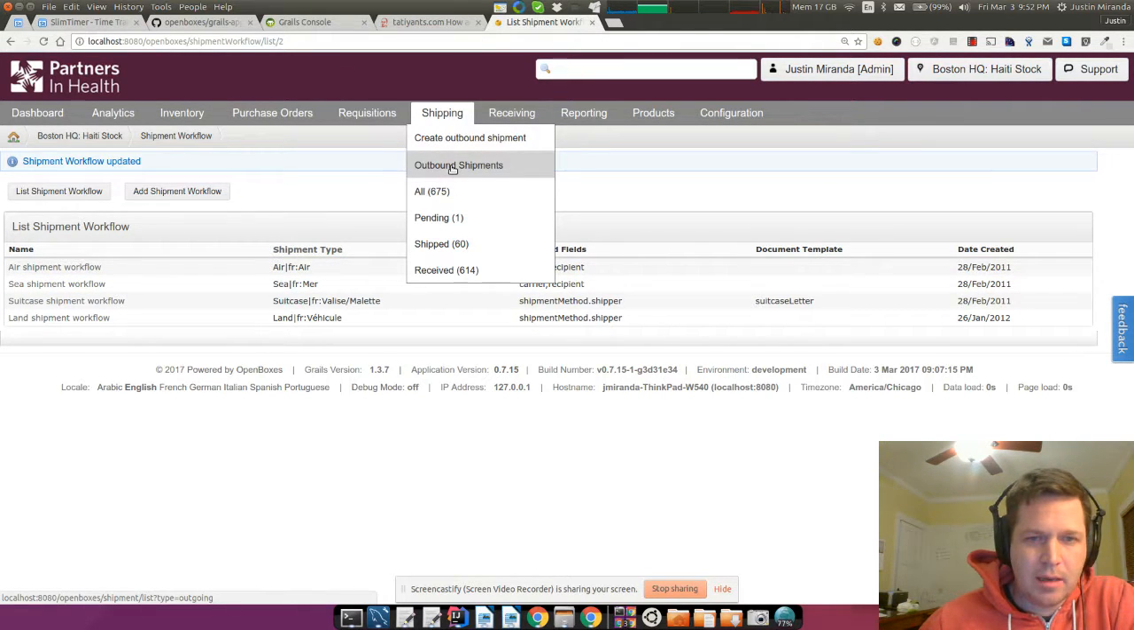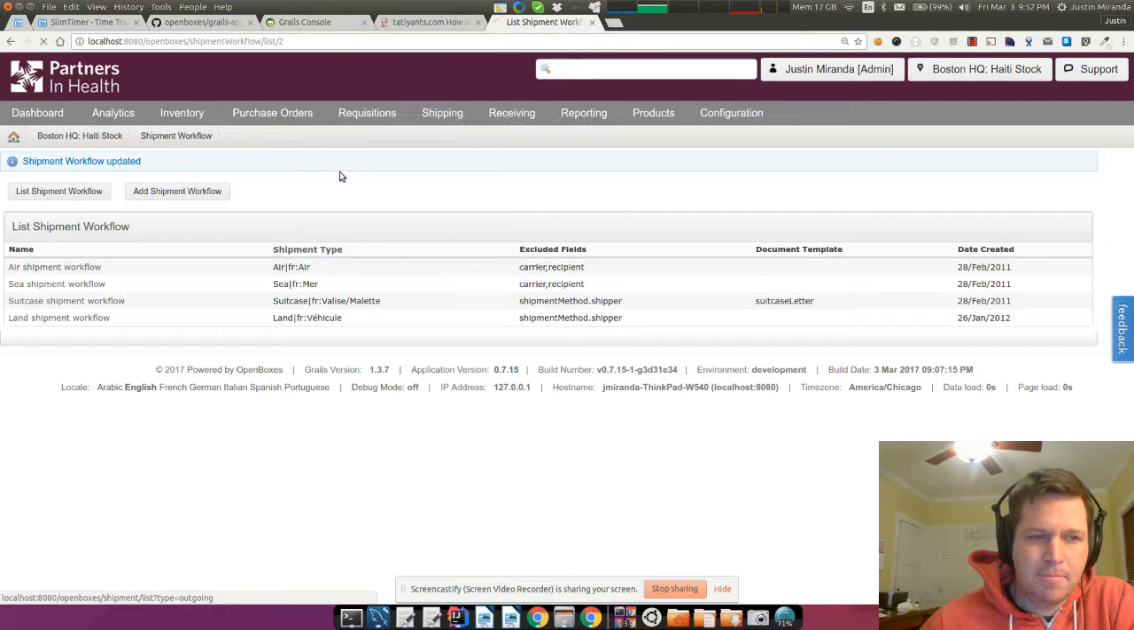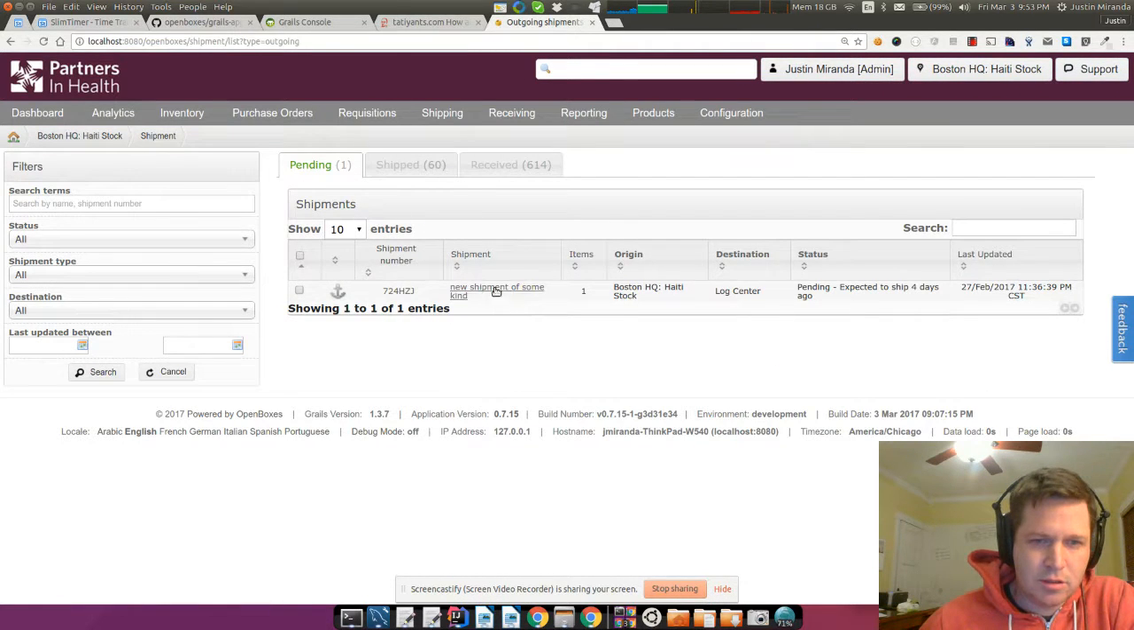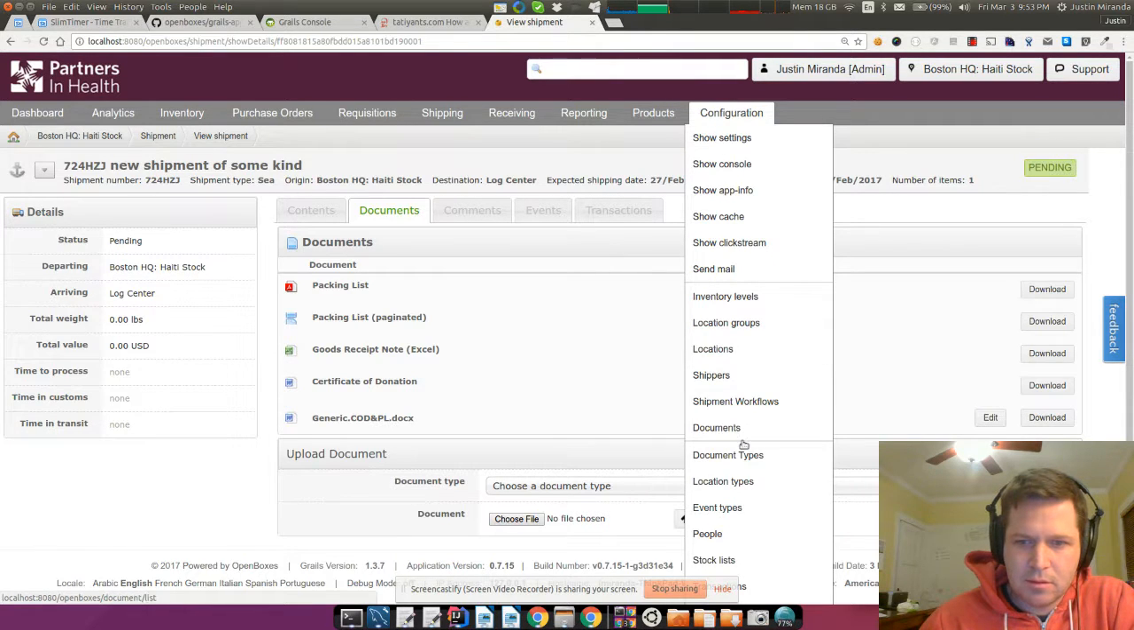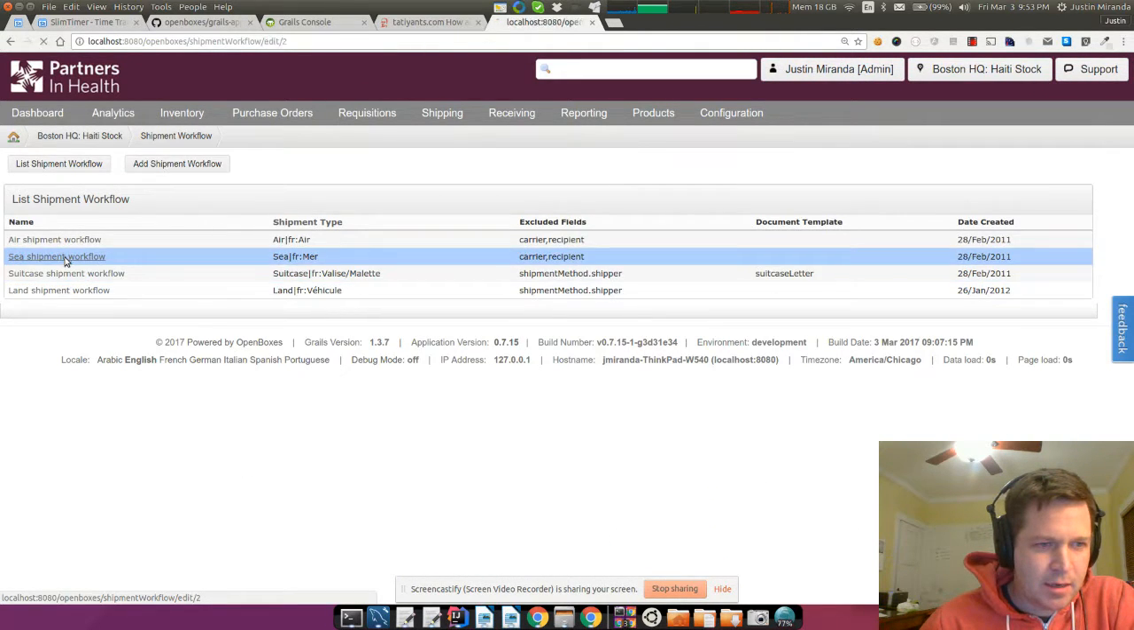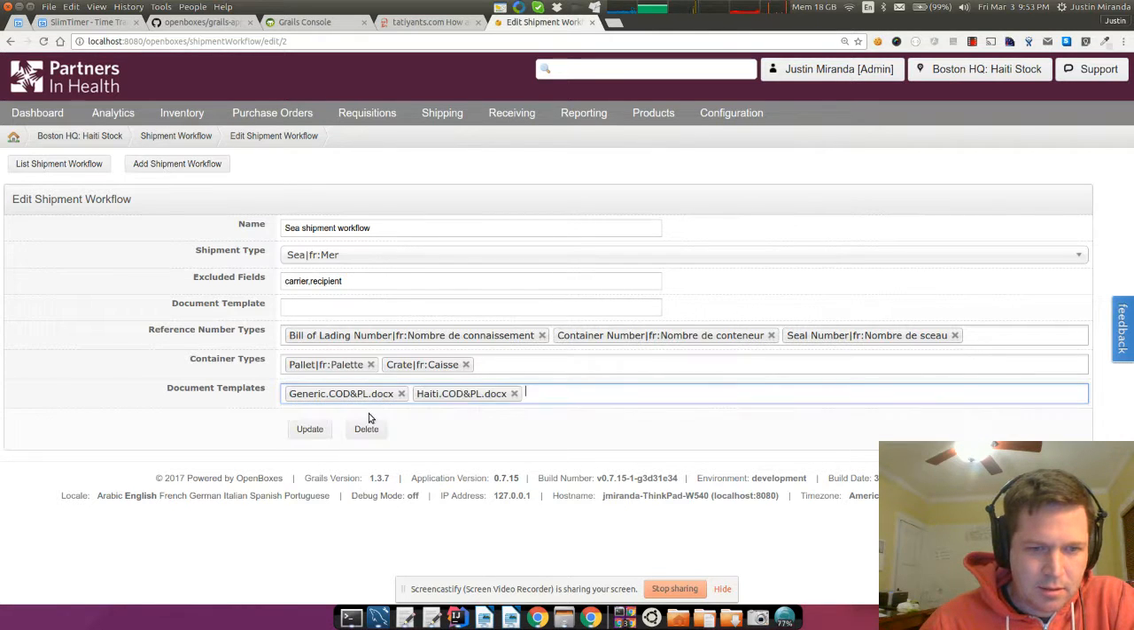If I go back here, and actually before I do that, I'm going to take a look at all the shipments. If I go back here, you'll notice that the generic COD and PL docs is here. We can actually change the name of this to whatever, like certificate of donation. These documents are just hard-coded things that we've always had in the system, but now I'll double show you this. If I go back in here and select another one,